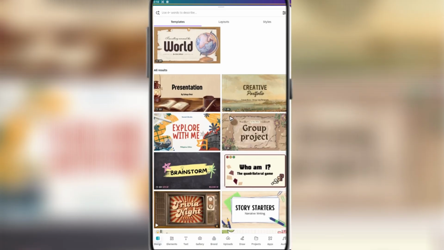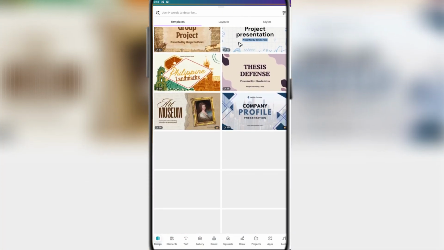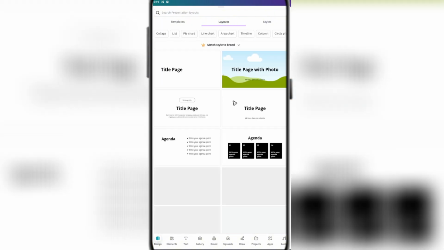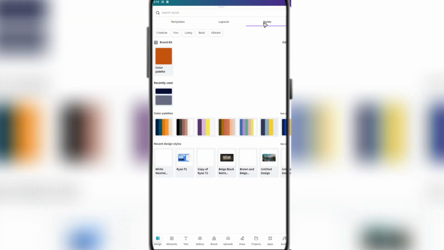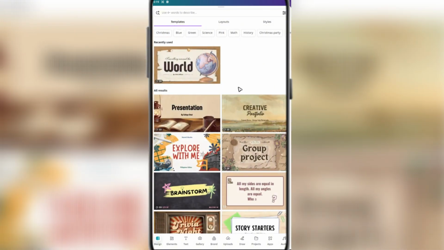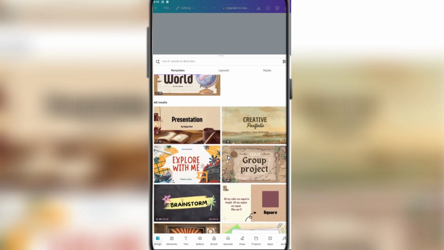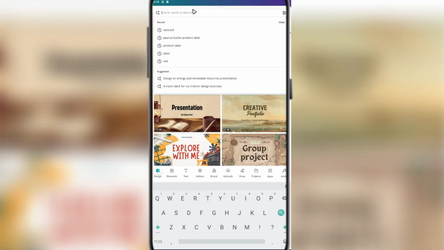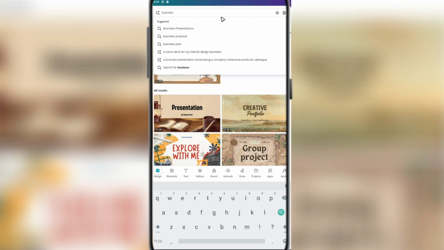Alright, tap on it. As you can see here, we are being shown templates right here that you can use, or layouts, and styles. So if you want to, you can go ahead and choose the color palettes right here, or to make your life easier, you can just go ahead and select from the templates from here. Now, if you want to look for specific templates, for example, let's try to have a business template, business